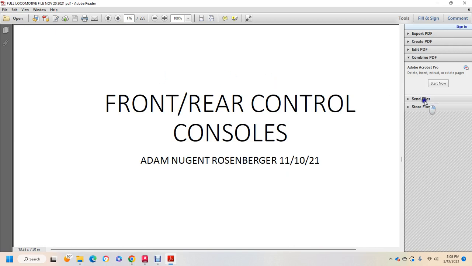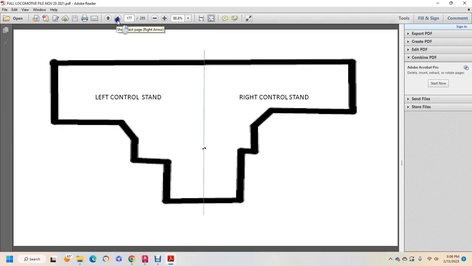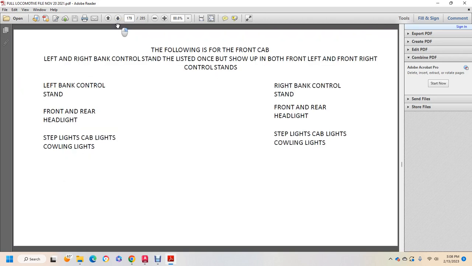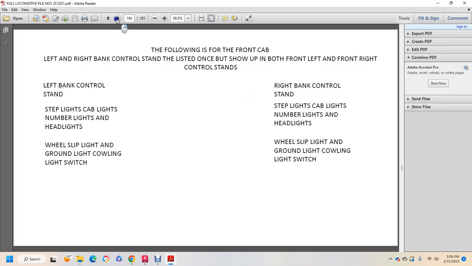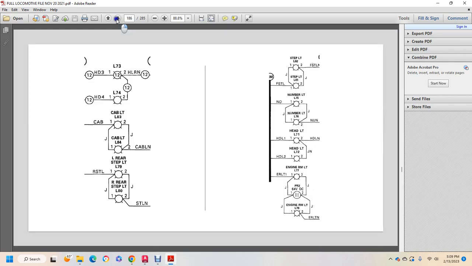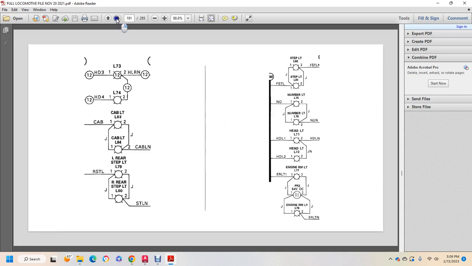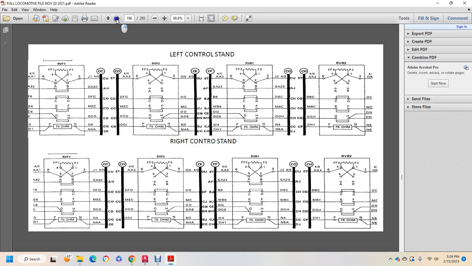Alright, front and rear control consoles. We're going to go to page left control, right control stand, step lights, headlights, cowling lights. And they show the following is a front cab, left, right control stand listed. One shown on both left and right control panels. And we've had number and lights, ground, switching, headlights, rear control stand, headlights, gauge lights, headlights, left control stand, reverser position, right control stand, master control, or left control stand,